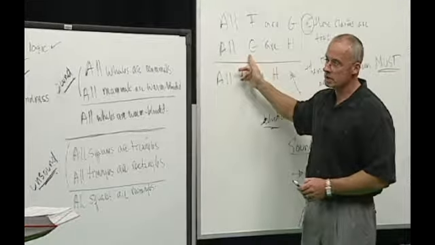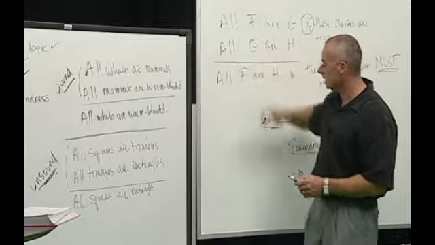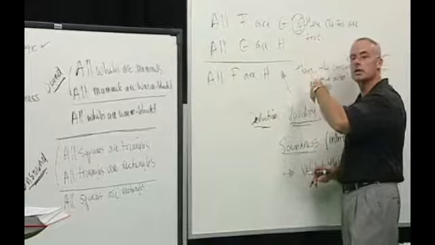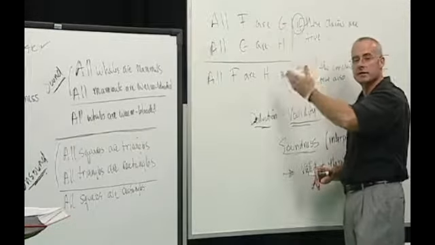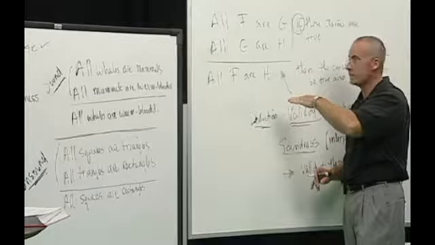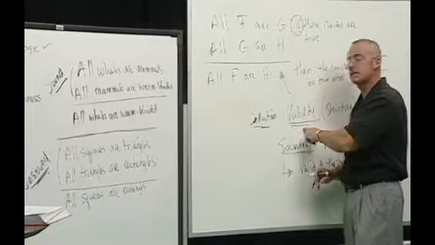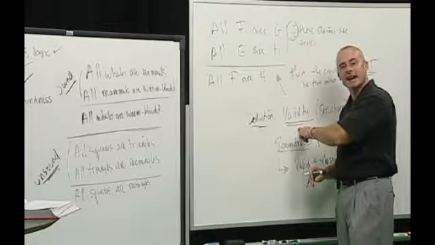So just to recap, given this notion of argument structure, we need to be clear that validity deals with this hypothetical relationship between premises and conclusion. In other words, if the premises are true, then the conclusion must be true also. If it meets that requirement, it's valid. If it doesn't, then it's invalid.